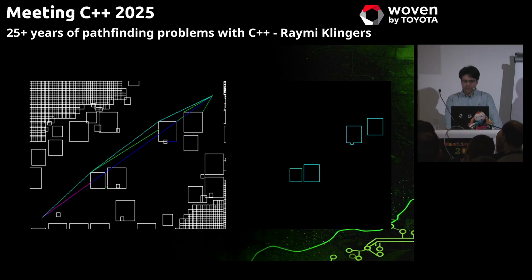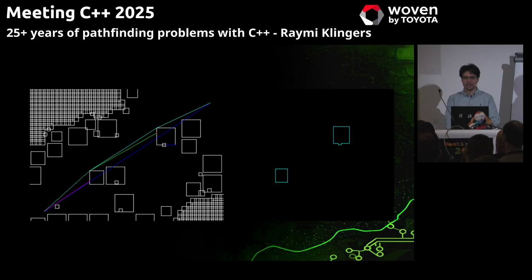Now with A star we can actually reduce this a little bit further. I had two images. This one is without using the A star heuristic, and this one is with the A star heuristic. It's not a massive difference, but we go from 5 objects down to 3 objects, but it shows how nicely it works. Unfortunately, I don't have a drawing of how much the original algorithm would process.